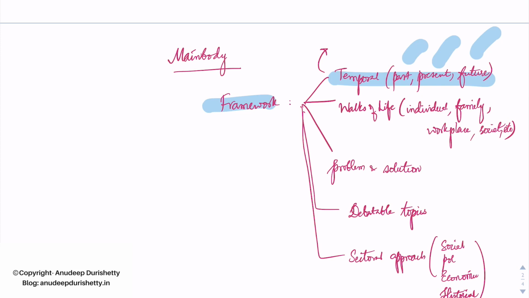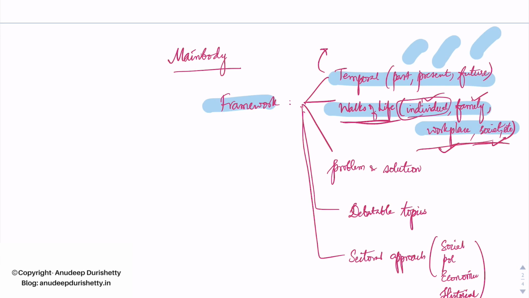A second way of expanding your main essay body is by elaborating it in various walks of life such as the individual, family, workplace, society, etc. For example, take a question like, with great power comes great responsibility. Now such a question can be elaborated in these various walks of life and you can substantiate with various examples to show that how in various aspects of life, when powerful entities do not act responsibly, we face terrible consequences through abuse of power. That forms your main body.